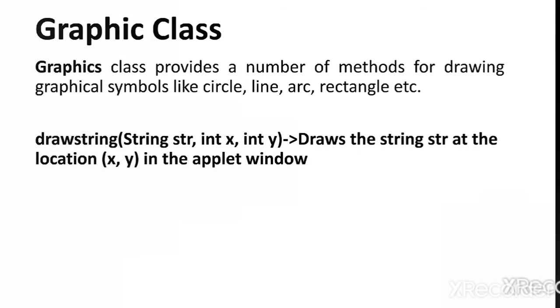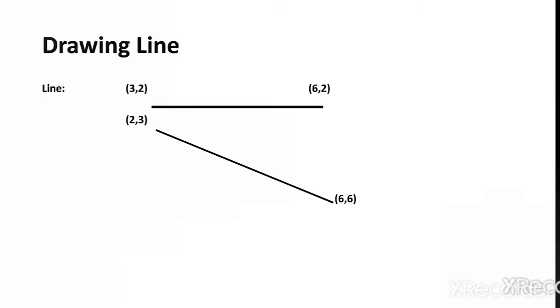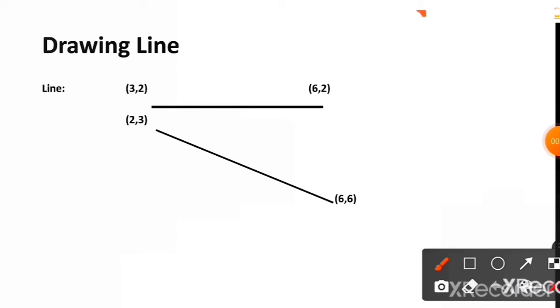Let us now discuss how to draw a line and rectangle. Drawing a line. A line is the simplest geometrical shape formed by connecting two points. Here is an example of lines. In the first example, I have connected the points 3, 2 and 6, 2 to form a straight line. In the second example, I have connected the points 2, 3 and 6, 6 to form another straight line, but in